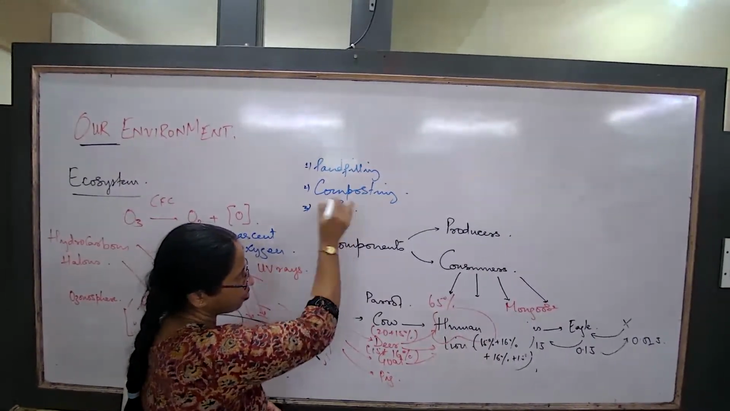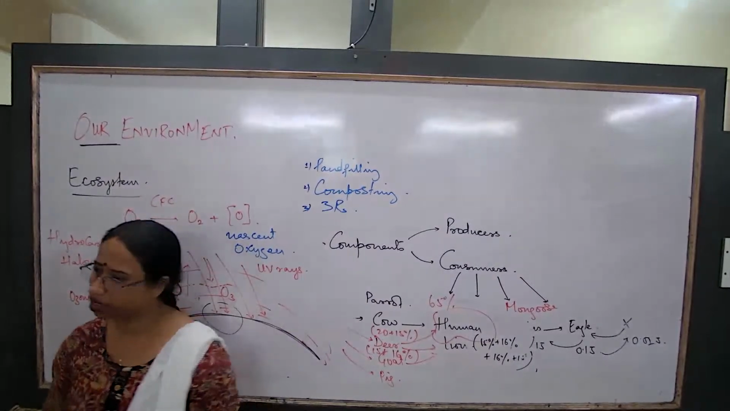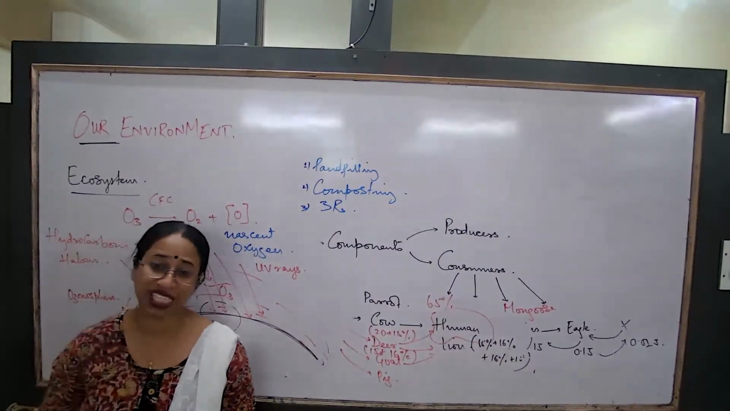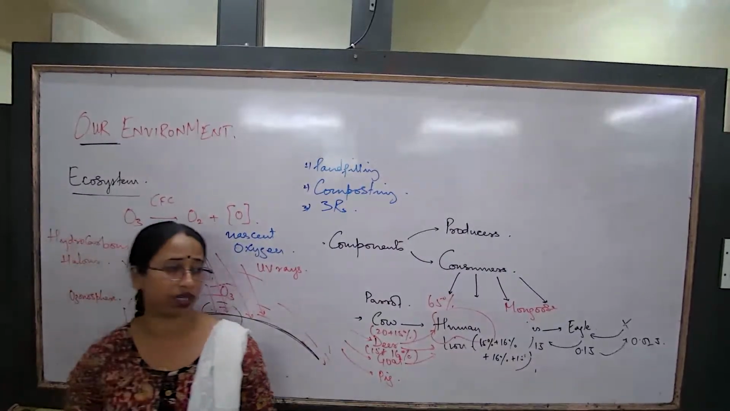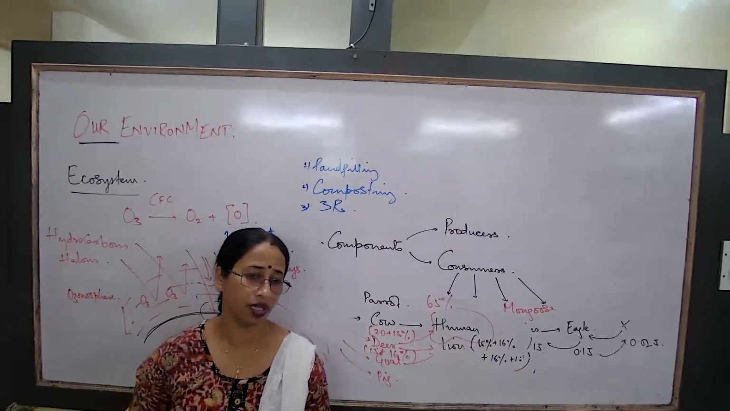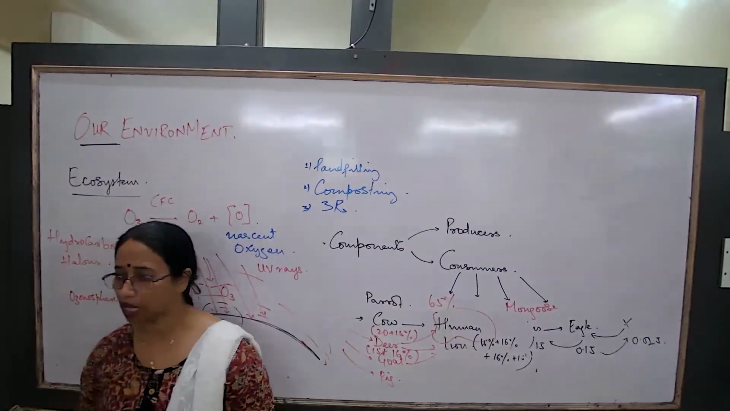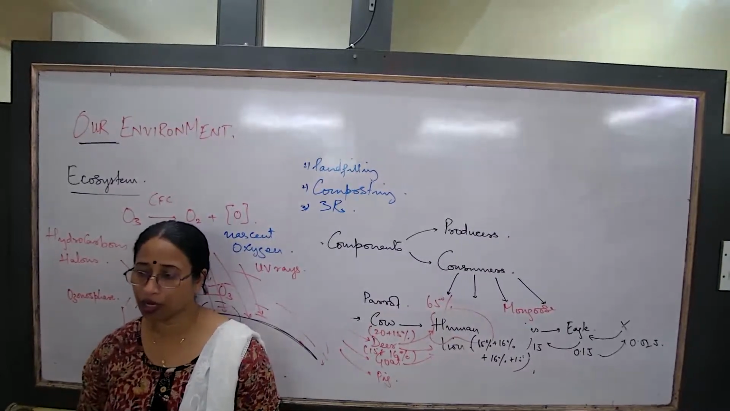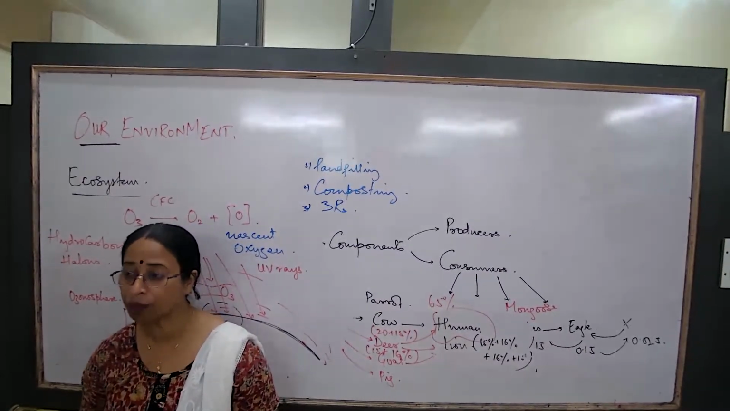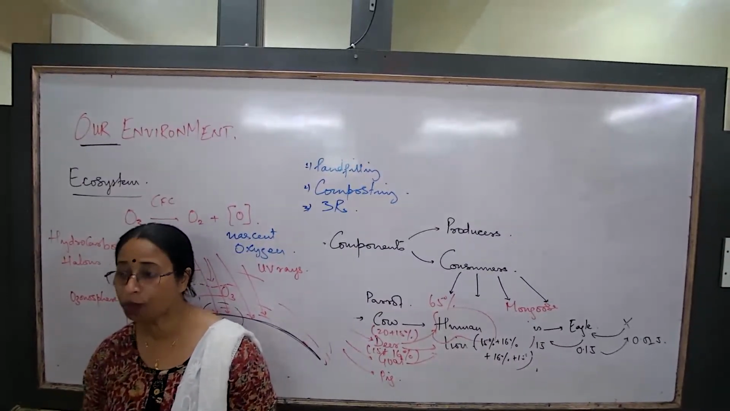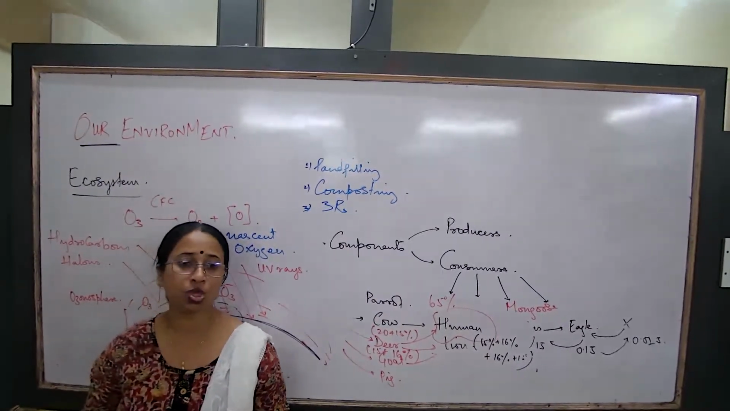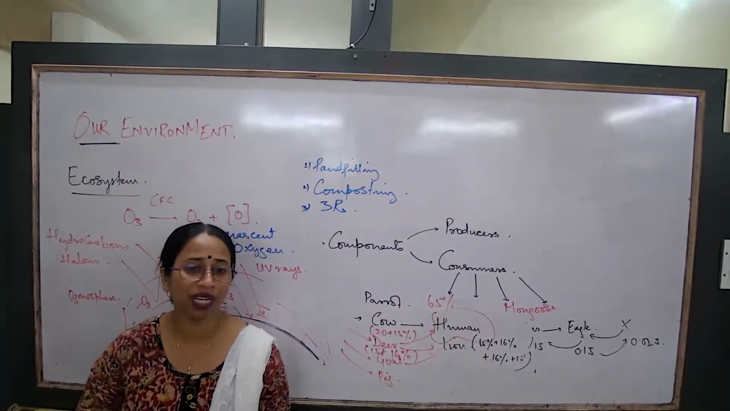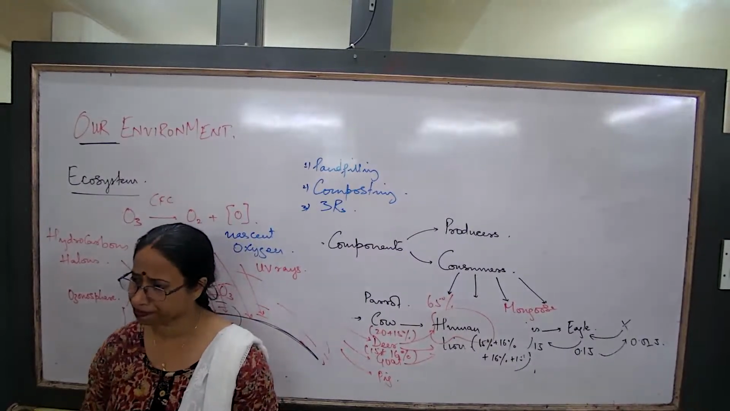Then we talk about the 3 R's. This is very common. What are the 3 R's? Reduce, recycle, reuse. You get very simple questions. Reduce what? Non-renewable resources. Reduce the use of non-renewable resources such as